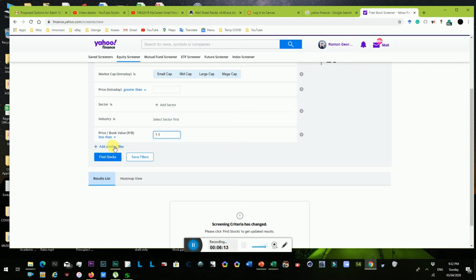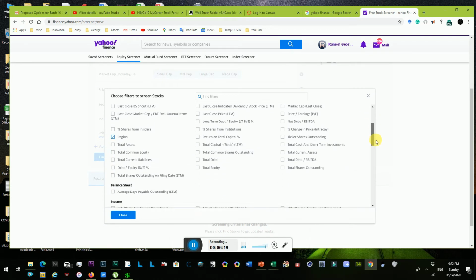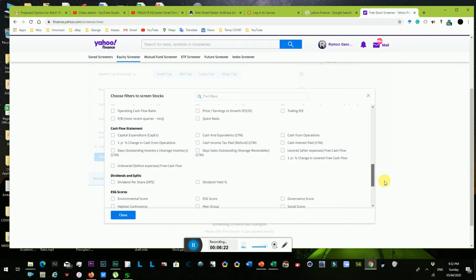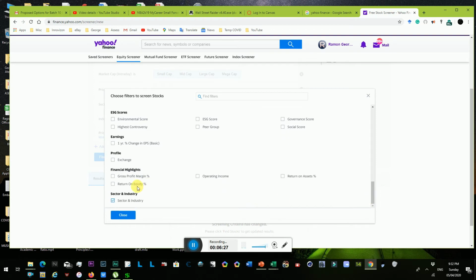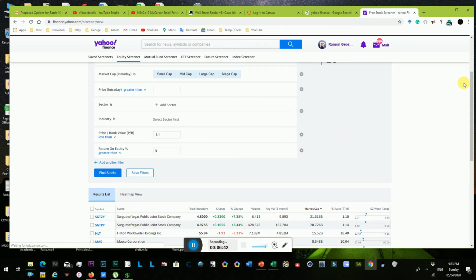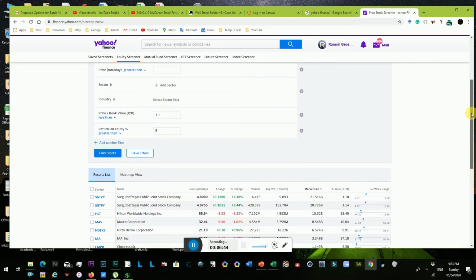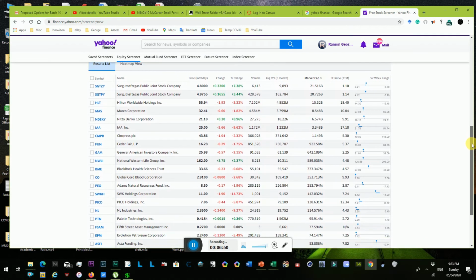All right. And then, in order for us not to be given companies that are not growing, let's key in return on equity also. Return on asset, return on equity, maybe return on equity, and let the return on equity be greater than at least 5%. These are hard times, right? So these are potentially very low price to book. So meaning these are screaming buy. Given that they have very low price to book, they also have